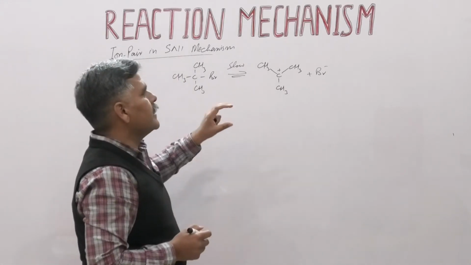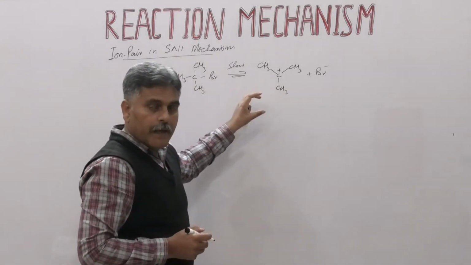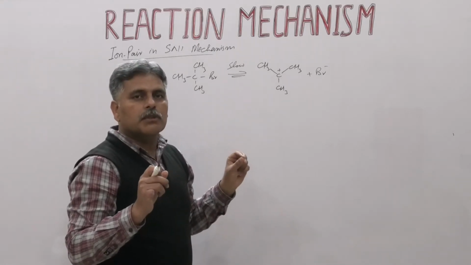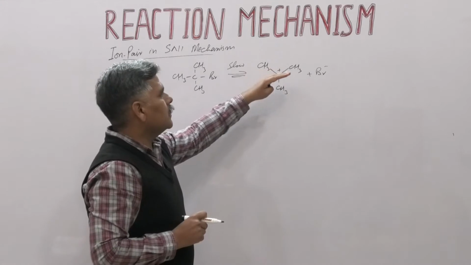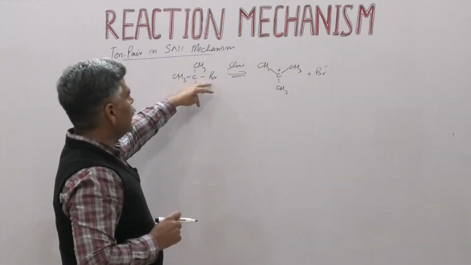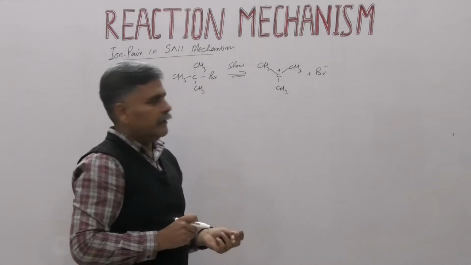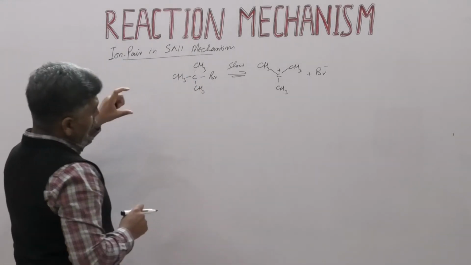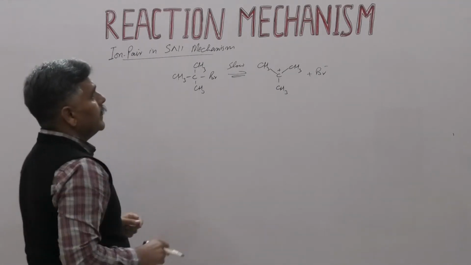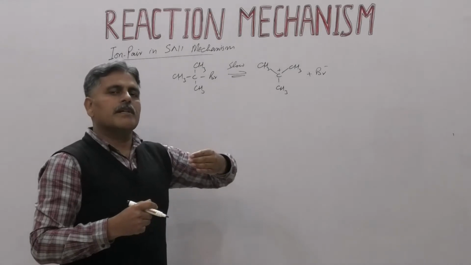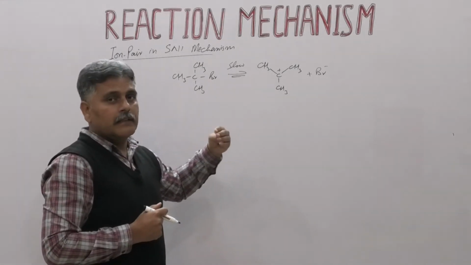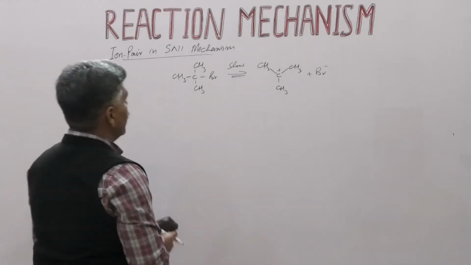So this is the case when free ions are formed and there are equal chances for the attack of the incoming nucleophile either from the front side, I mean where the leaving group is attached, or from the opposite side. But in case of SN1 mechanism, the formation of this carbocation actually passes through different stages. So these stages I will discuss first, and then we will discuss the stereochemistry of SN1 mechanism.